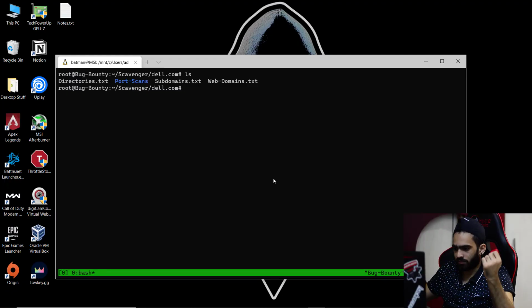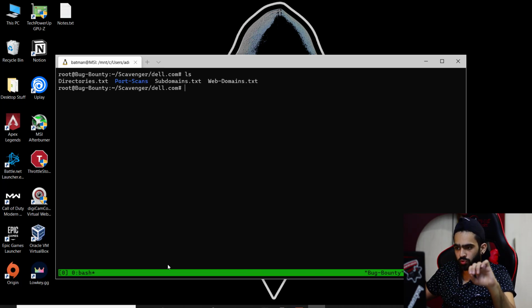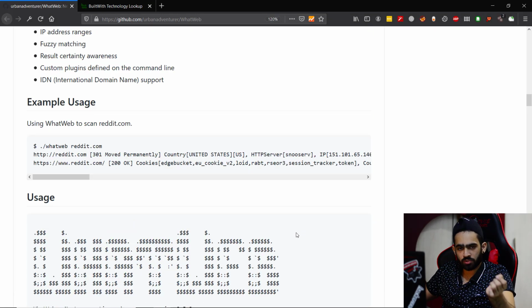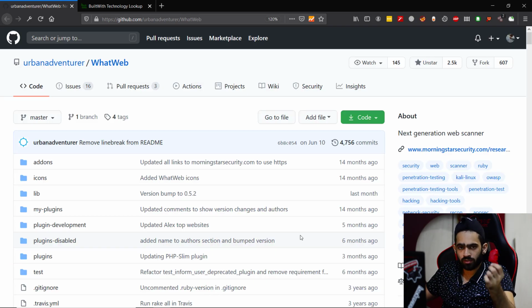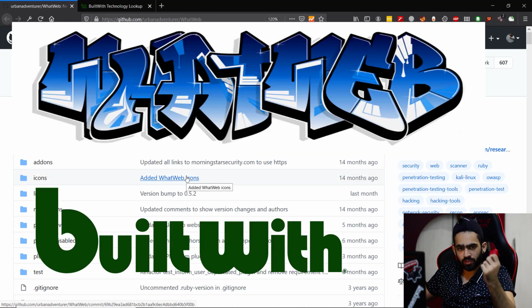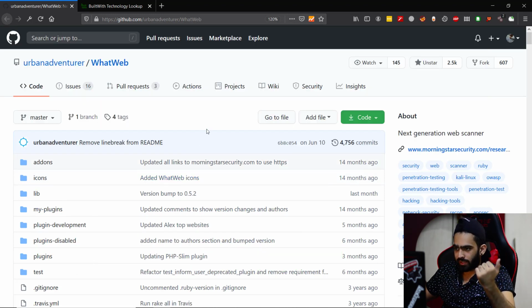Now let's look at some tools for the same thing. The two most widely used and famous tools for gathering information about the infrastructure and technologies being used are WhatWeb and BuiltWith. Let's look at WhatWeb first and see what its GitHub has to say.